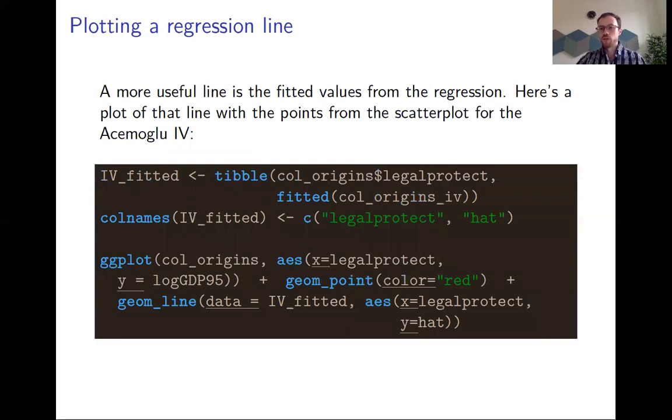Something that's very useful is plotting regression lines. And here we see that ggplot really allows you to add layers on top of each other. So you can have a scatter plot as before. And here what we do is we first create the fitted values from the regression where we regressed GDP on legal protection. We save the fitted values, and then we create a ggplot scatter plot, which is the